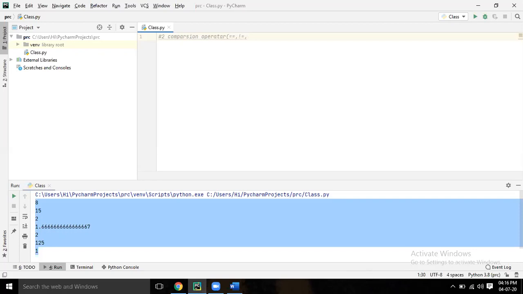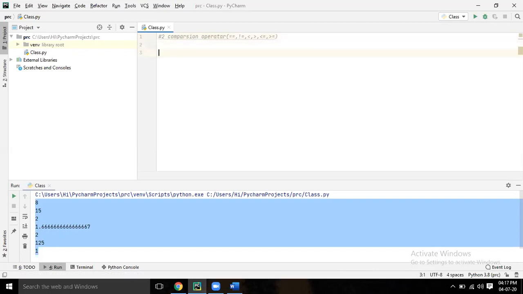Now smaller than, comma, greater than, comma, smaller than equal to, comma, greater than equal to. So these are all your comparison operators. That's it.